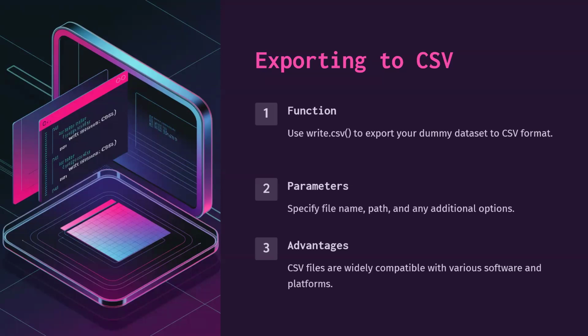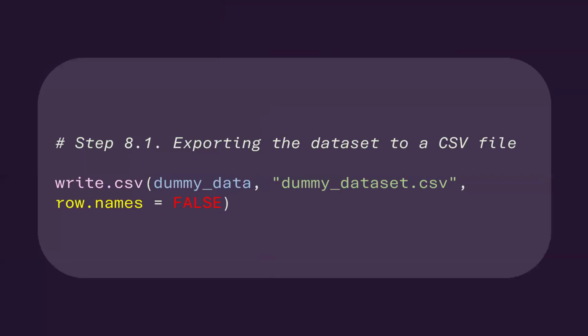This was my eighth step, and it's time now to come back to the code. You can see this is one line. It's one line of exporting, but it means a lot. I said 8.1 because 8.2 will be exporting it in Excel. I said dummy data because it was the name of my data frame, and dummy dataset.csv is the name of the file I wanted to create. And when I set row.names to equal false, I wanted to ensure that the row names,